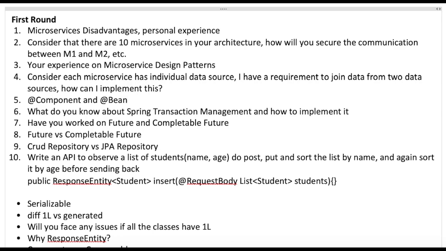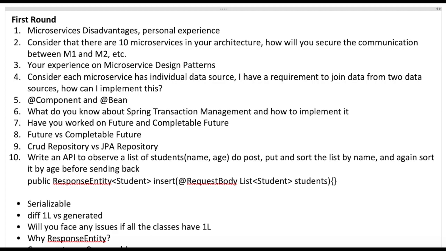I'll give you an example. Let's say you have microservice A, which has its own database, and microservice B has its own database. When a request comes in, you want to join these two databases to provide a result. One thing I can think of is that you can use CQRS here, Command Query Responsibility Segregation. CQRS suggests splitting your application into two parts, the command side and the query side. The command side handles the create, update, and delete requests, whereas the query side handles the query part using materialized views. So this is one actual way of joining two different services with individual databases to fetch data.